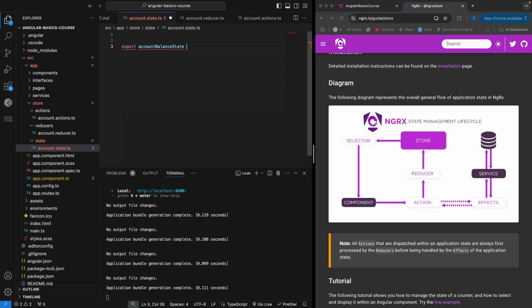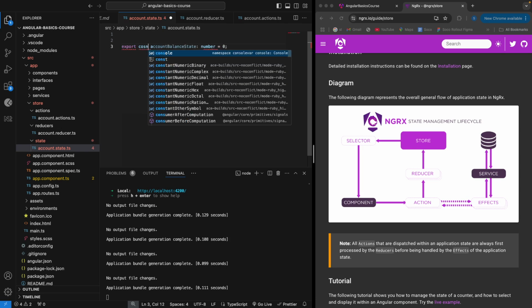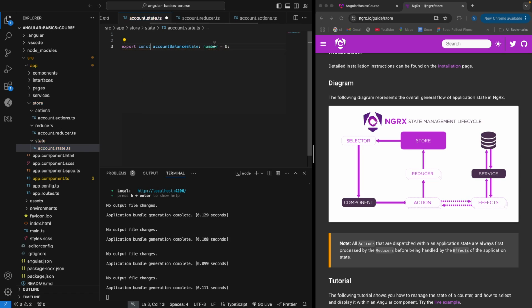So this is just gonna be a number, which we're gonna start off as a constant. So this is gonna be a number, and then we're gonna initialize it as 0 when it starts off. Okay, so now we've got our state, and we can now go ahead and actually create our reducers,